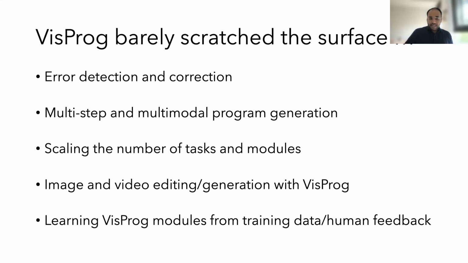Another thing that we would like to get to at some point is to have VisProg generalize to thousands, if not hundreds of thousands, of tasks. The challenge there is, how do you incorporate these different capabilities that are spread across various models on Hugging Face, or various libraries in pip or whatever library manager you use? And then how do you build a system that does not require a user to specify these in-context examples, because that is one of the pain points of VisProg currently.